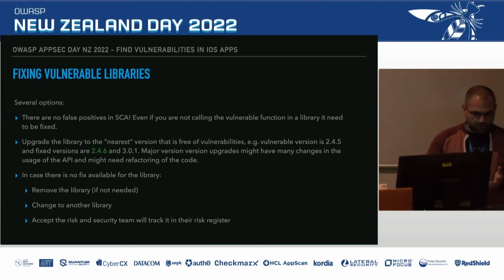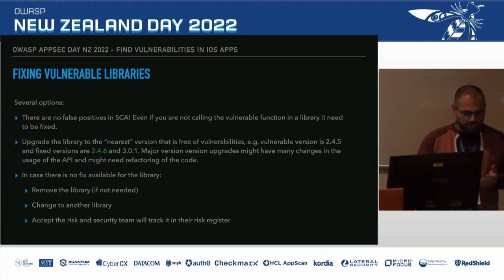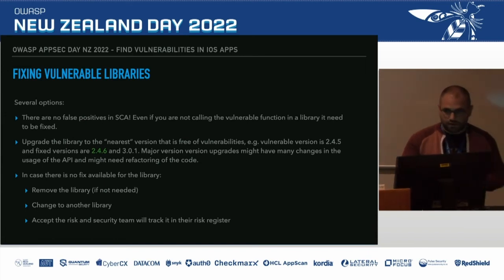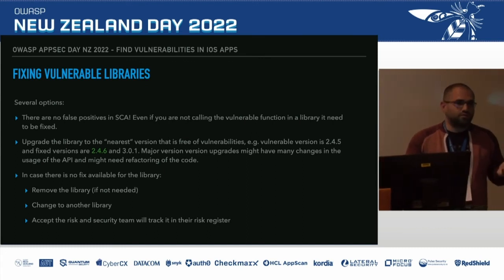If it's not possible to do an update, maybe the library is orphaned and nobody has looked into it for years because it was some open source library, which unfortunately happens quite often, then you might want to consider changing the library. Sometimes the library was just something that was being used in the past and maybe it's not needed anymore. Then it can simply be removed, or you simply accept the risk, meaning the security team is accepting the risk